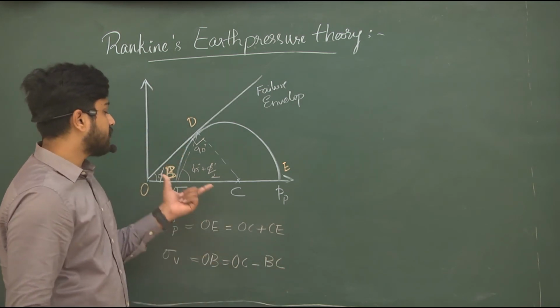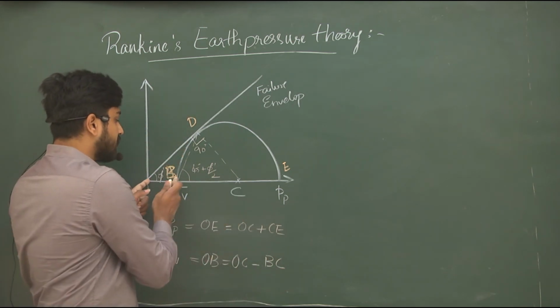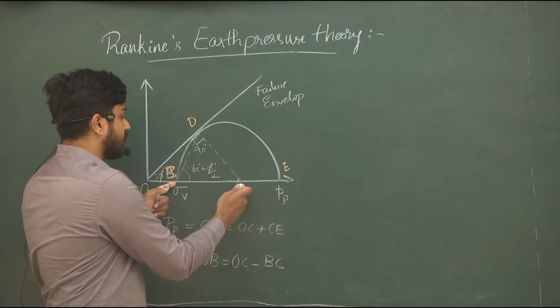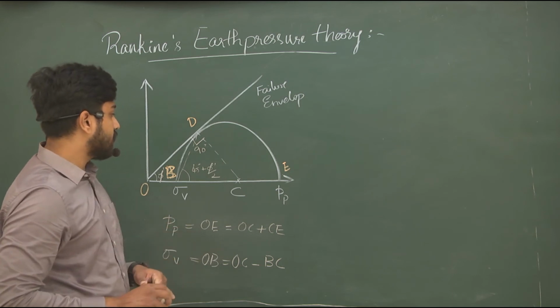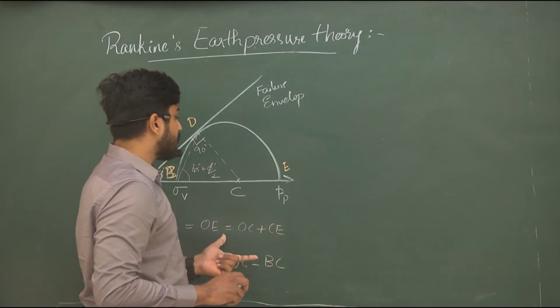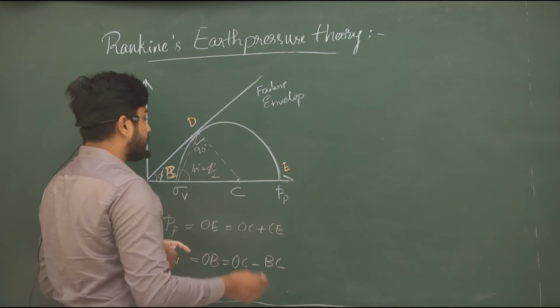Okay, I hope this is clear. This is OC minus this particular BC, so that is why we will get OB. Okay, so that is how I have written this. So now using this particular triangle concept once again,